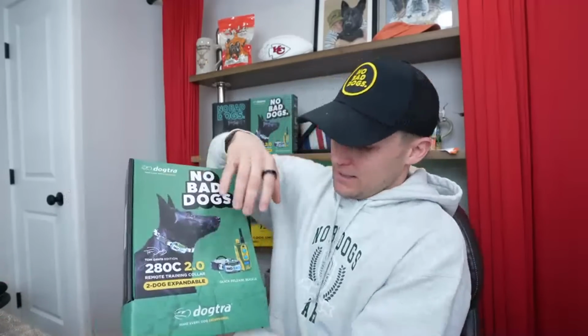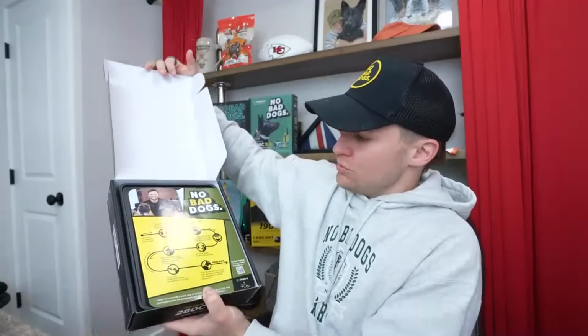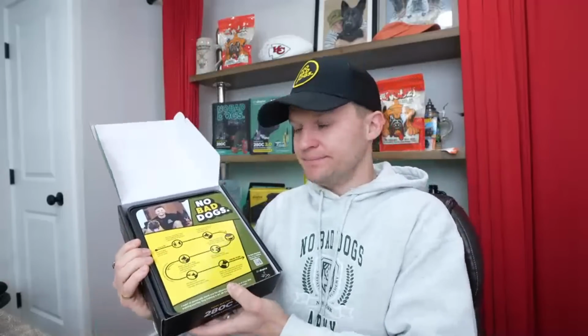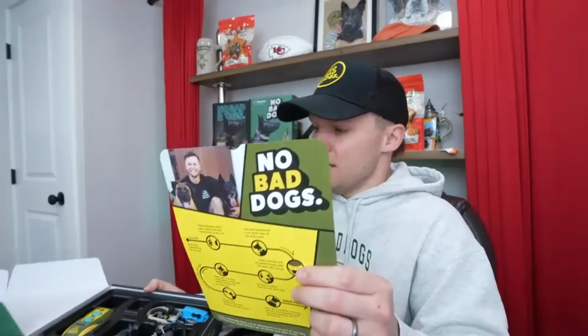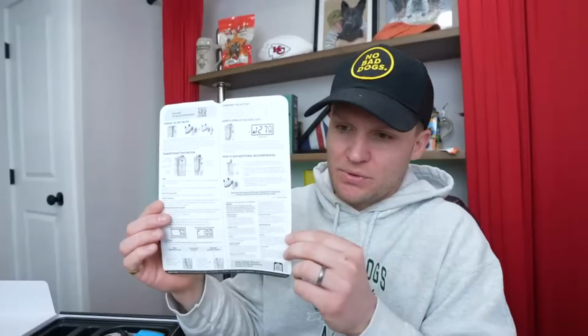So this is the e-collar box. Ooh, sweet. My favorite color is green, which is why we went everything green. We changed to my actual logo, No Bad Dogs, because we didn't have a logo when we first did that, and now we do. So that looks really good. I'm super happy with that. And also, this is new on this unit. On the back, it comes with all of these